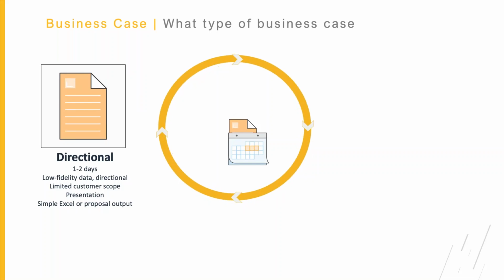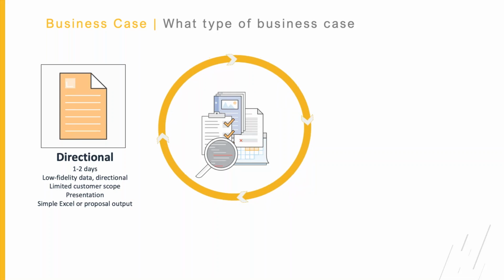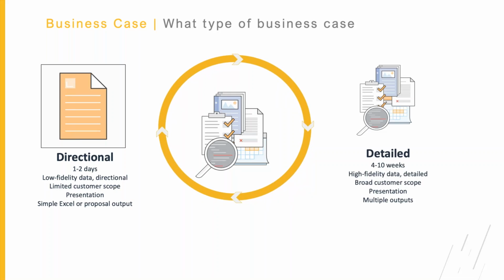There's two main types of business cases: directional and detailed. Directional is commonly used for budgetary purposes. It generally provides the costs within a plus or minus 20% of the final cost. Depending upon the size of your workloads, this could add or reduce cloud costs by tens of thousands per month. So directional is a good starting point, and it will often move into a detailed business case well before